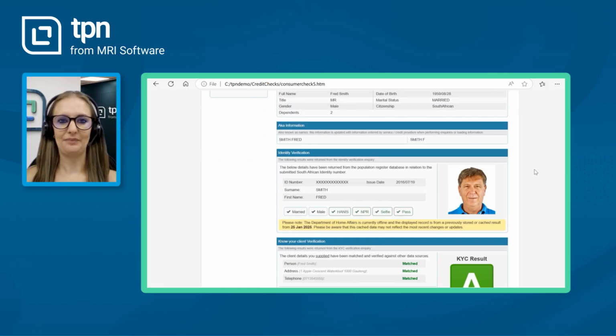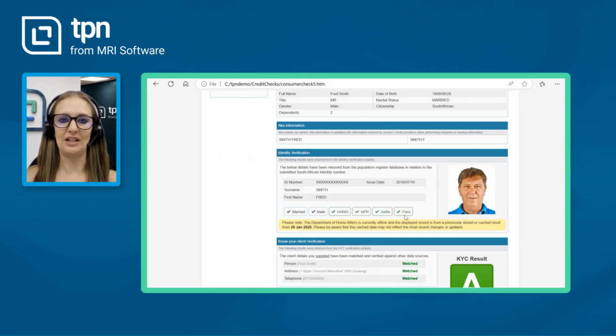ID verification. The ID verification will provide you with a photo of what the applicant should look like. It will also display their marital status, the gender, HANIS, which will indicate does the ID number exist on the Department of Home Affairs, NPR, does the identity number exist on the National Populations Register, and once the applicant has successfully completed their selfie, a green tick will appear on the credit check result.